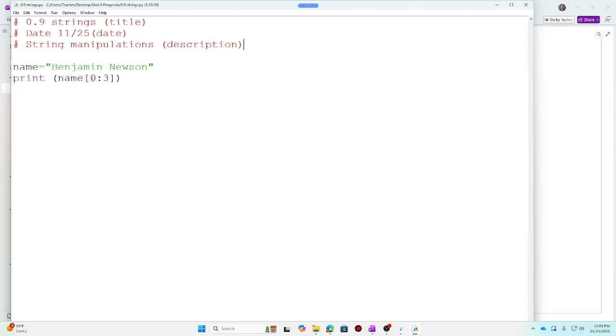Now, in Python, you have to do one more than what you want to cut. So this is 0, 1, 2, 3. 3 is actually at the J, but when you cut, it's going to cut at that location. So you have to put one more. This is not the same as on the test. On the test, they start the index number at 1.